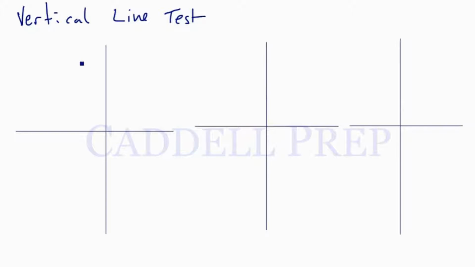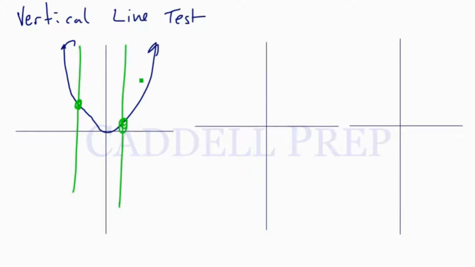So let's start with the one we just had, the x squared. At any x value, there's only going to be one y value. So a way to test that is with the vertical line test. If you draw a vertical line anywhere here, it only intersects it in at most one spot. So here's one spot, draw a vertical line, one location, and anywhere you draw it, it's only going to intersect